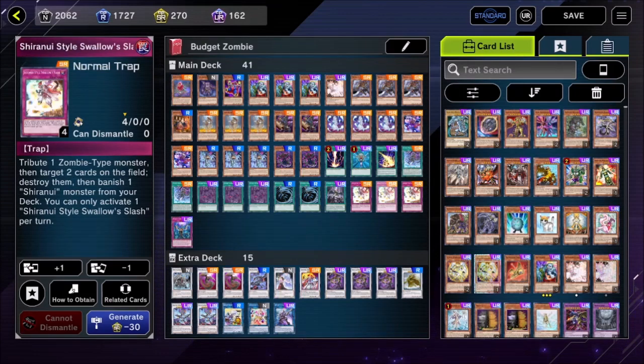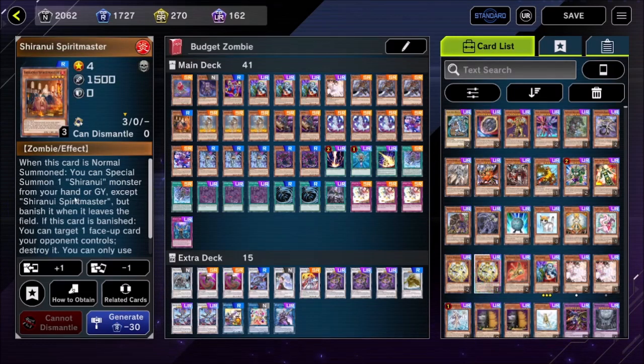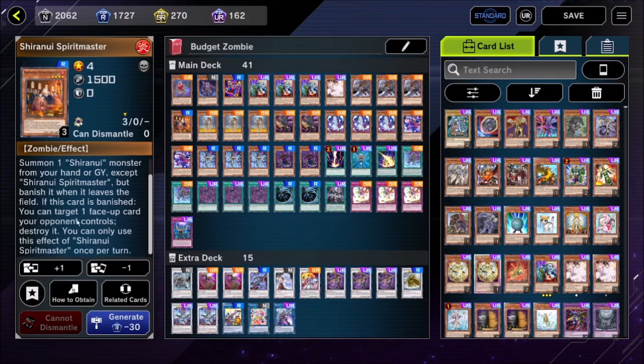Running 3 Shiranui Swallows Slash. This is a card you get from solo mode. You tribute a zombie, then you destroy 2 cards on the field, and you banish Spiritmaster from deck to also get to destroy another face-up card your opponent controls, so you just get to pop 3 for tributing 1 monster,